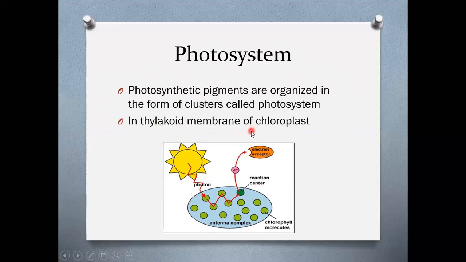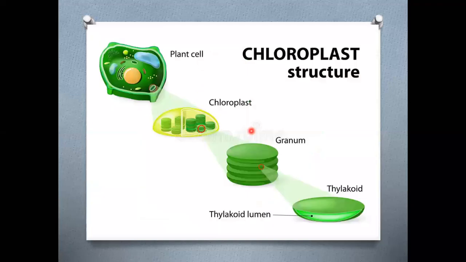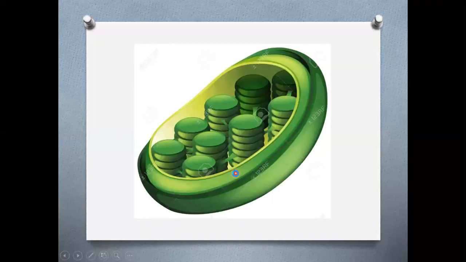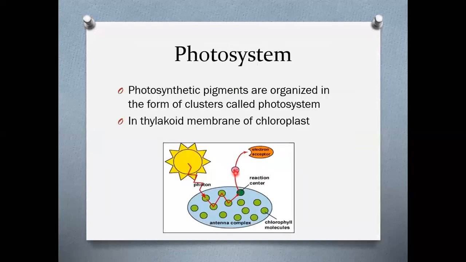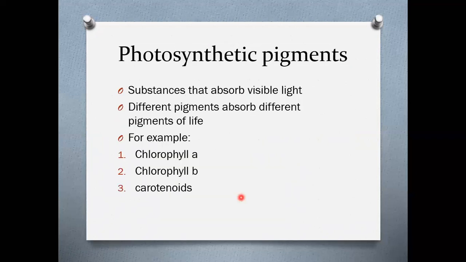So what is the thylakoid membrane? We studied already here. This is the thylakoid lumen, and the membrane is called the thylakoid membrane. Each step is called a thylakoid membrane. So these photosystems are organized on this membrane. I hope this is clear. So in the thylakoid membrane the photosystem is arranged here. Light from the sunlight comes to one pigment, it reflects to another, from here it comes to here, and finally it reaches the reaction center. We will discuss it in detail.